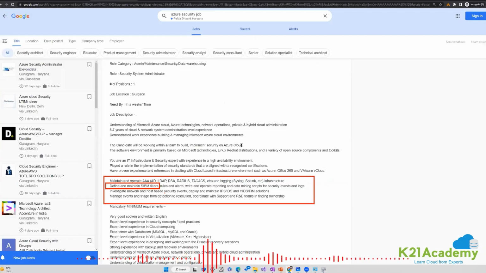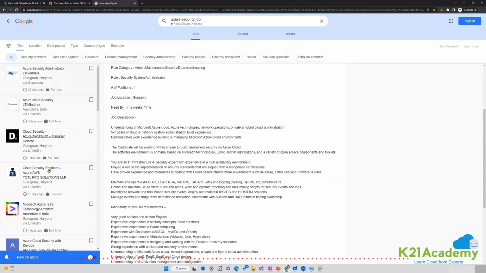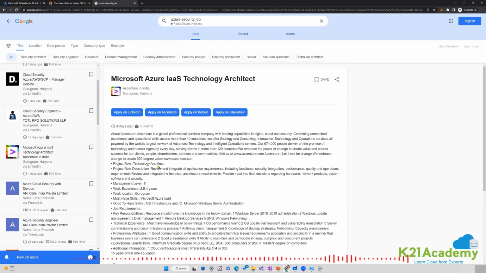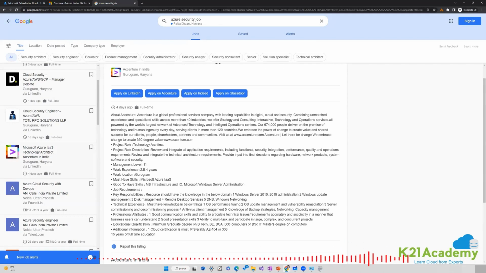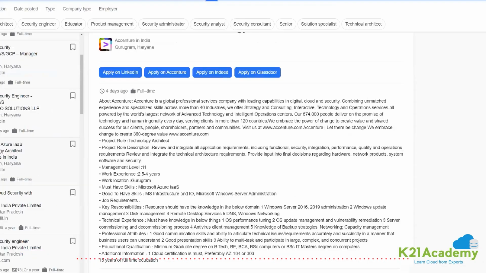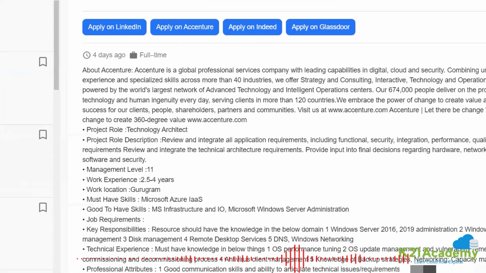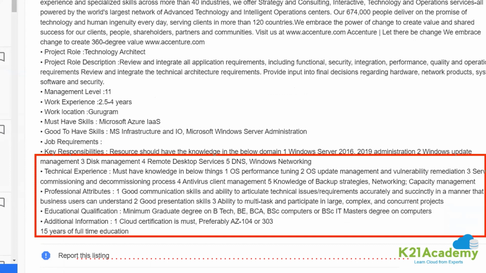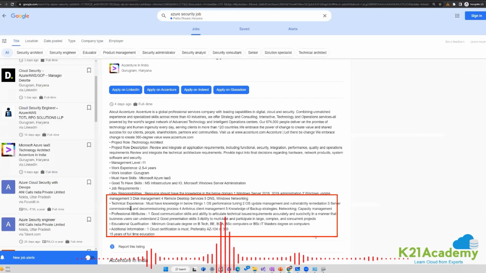I'm okay with this. Let's say I'm not aligned to it, so I'll go to another job role over here. Now this job role talks about what understanding you should have. Some of these will be just normal jargon, but you should look at all these job descriptions and look for all these key terms. Whenever you want to apply, do one thing: copy everything